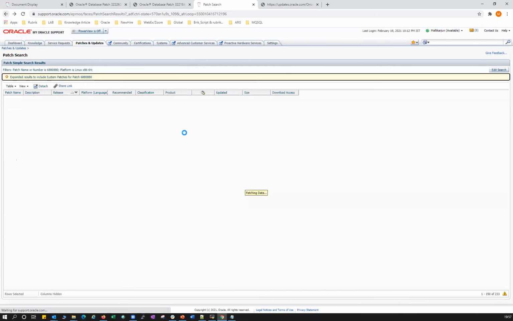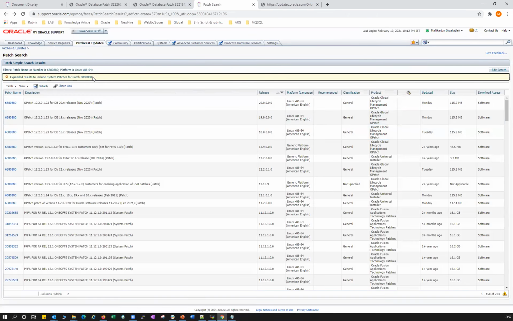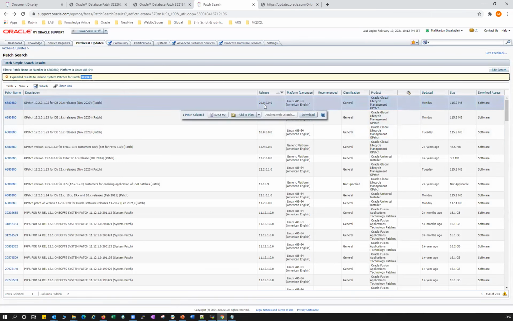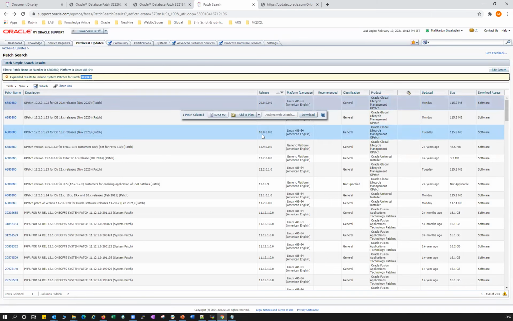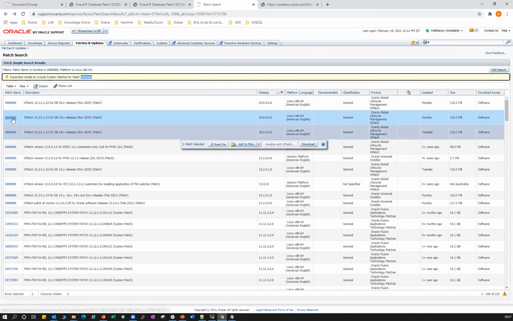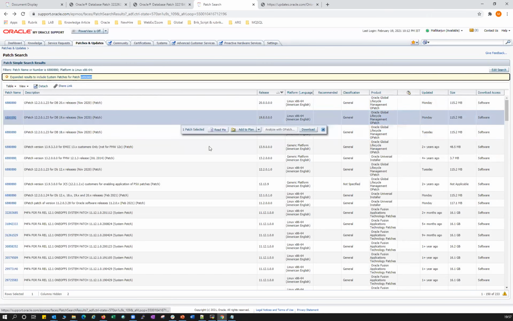So how can we check it? I'll just go back. You can search this patch number, 6880880, and you will see all this. If your database is 20, you can go with 20, and if your database is 19, you can click on this 19. If your database is 18, you click on this one. My database on GI is 19, so I'll click on this one, and that will go to the download page.